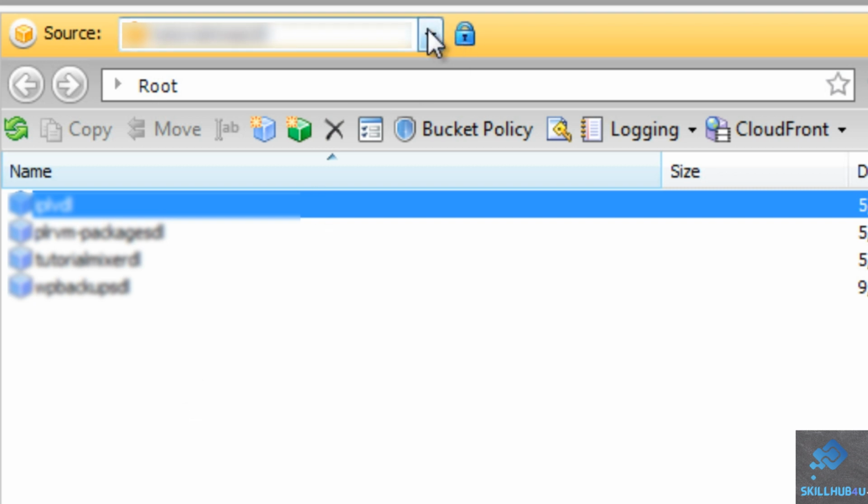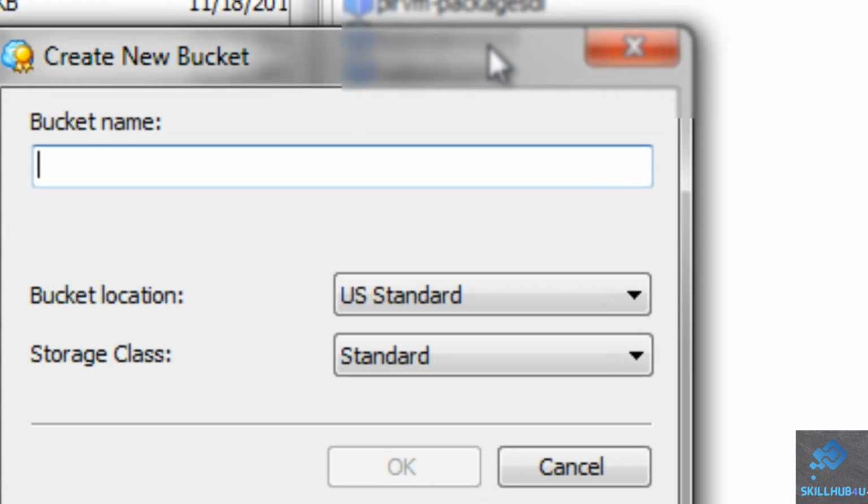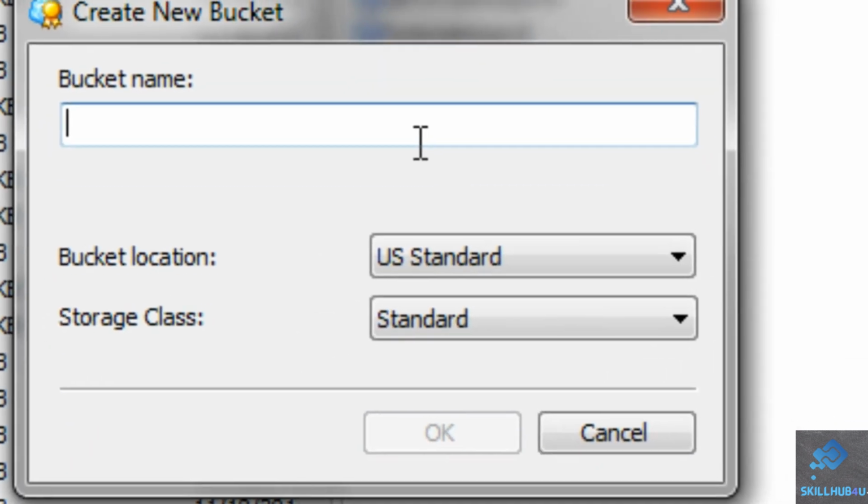So assuming you have clicked the source, you've chosen your Amazon S3 main account, you will see the buckets here. Now, as you can see, I have 4 buckets, but within those buckets, I've got a lot of files. Now, to create a bucket, it's easy. All you have to do is click on the blue square icon. Then what we do is we create a bucket name,